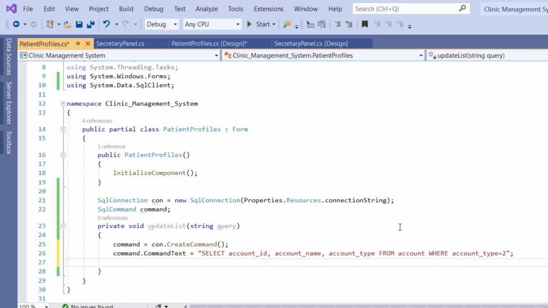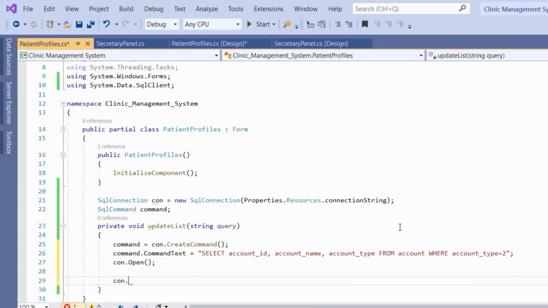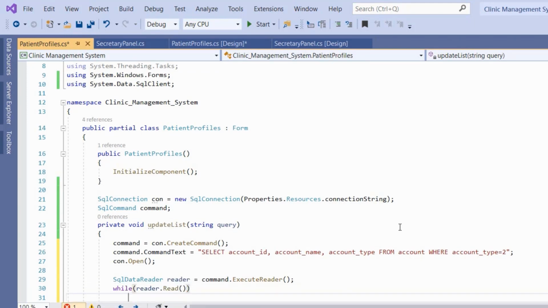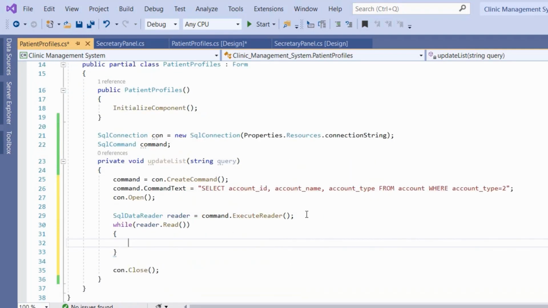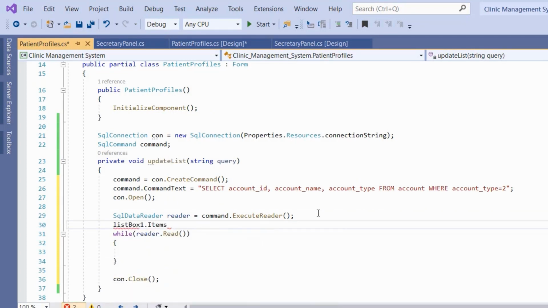Okay, so the next thing is to fetch these rows. So we're going to use the data reader, but first we need to open our connection. So con.Open, con.Close. SqlDataReader reader is equal to command.ExecuteReader, while reader.Read. Then we want to fill our list box, but first we have to clear the items of the list box. So listBox1.Items.Clear,